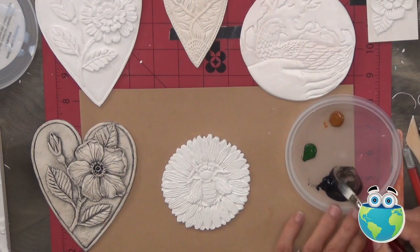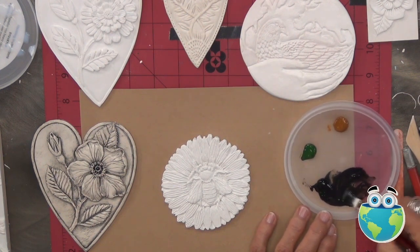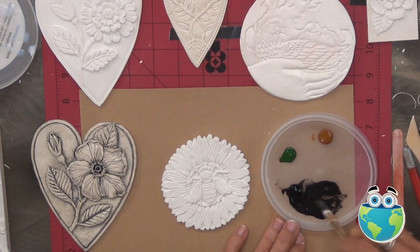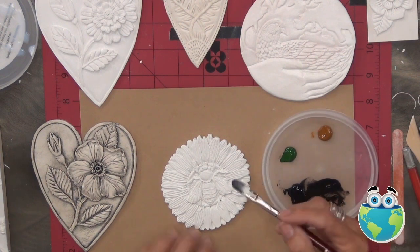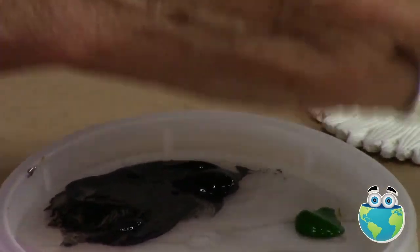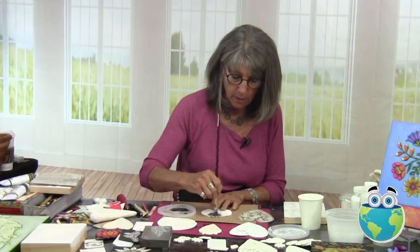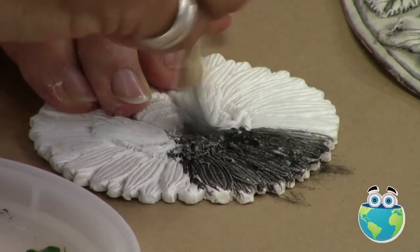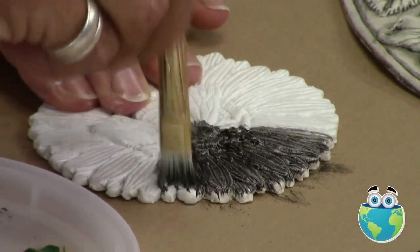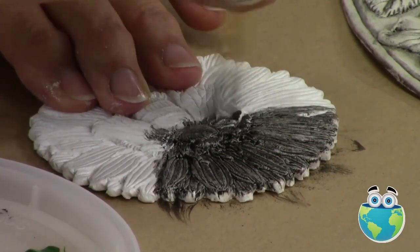So I have acrylic paint and water. And I am making that kind of goopy slurry, right? It's a wash. I'm not using thick paint. This is very important. I'm not using thick paint. I'm using thin paint. And the thinner the paint, the grayer, the lighter your work is going